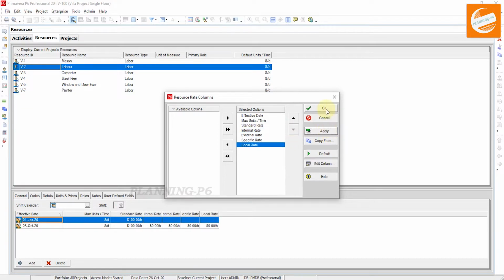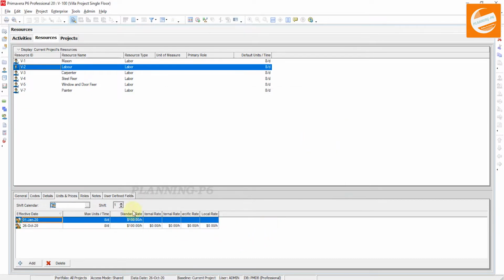Okay, now you can see the standard rate for this resource is $100, then internal rate, external rate, specific rate and local rate. These columns you can customize from here.